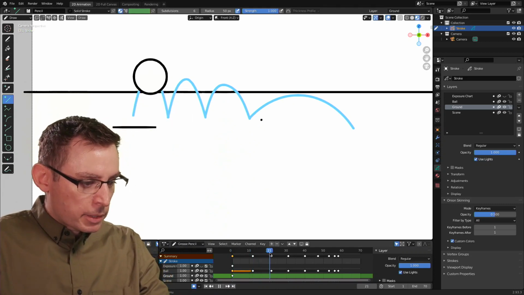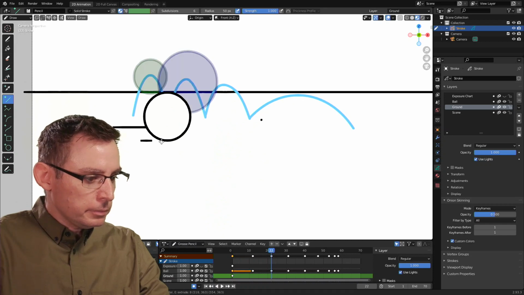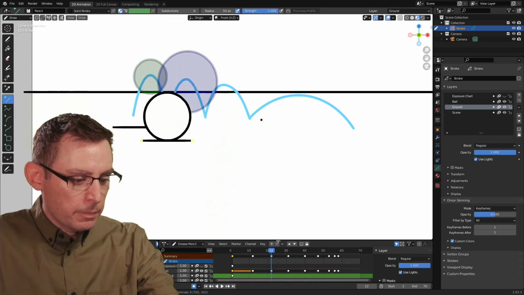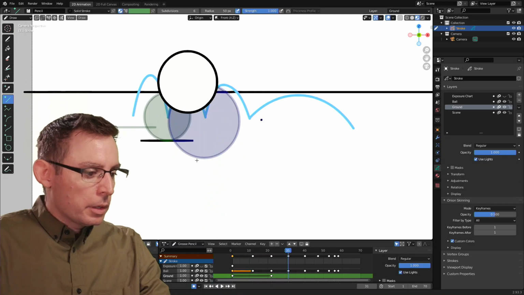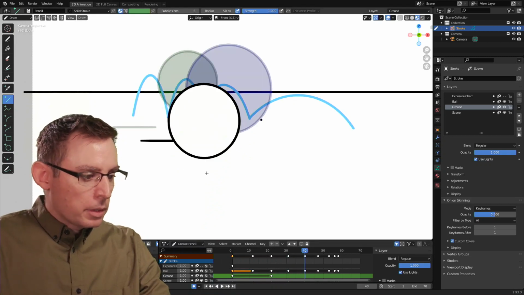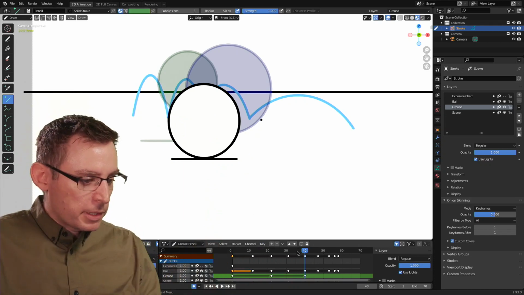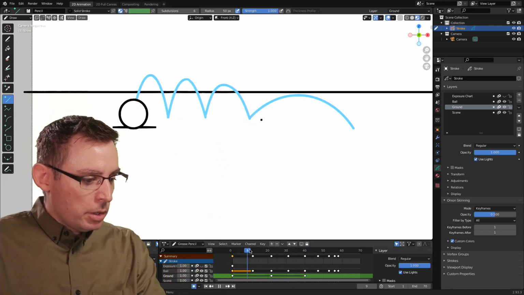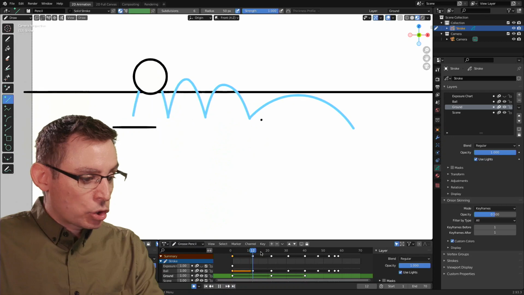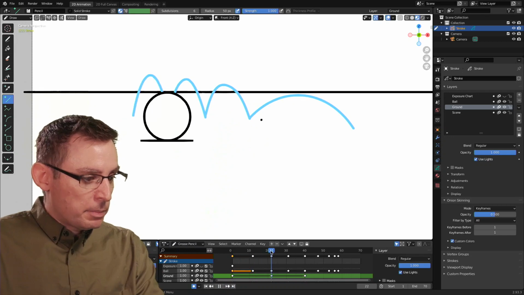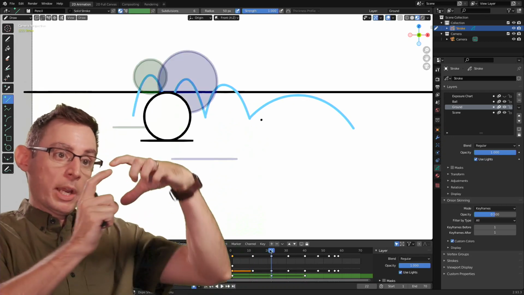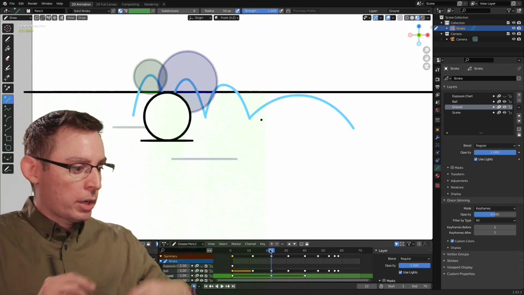Let's go to the next contact pose. Yeah, there we go. Happy. Hit return. Because now I have a target. And I'm not going to do all of them because it's the exact same thing. But now I have a good understanding of where I need to squash my ball to. It gives me a landing spot, a target for where I can stretch my ball and then squash my ball.